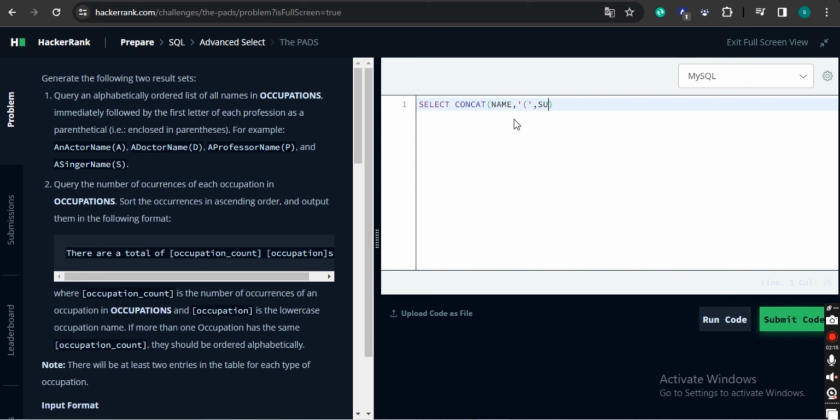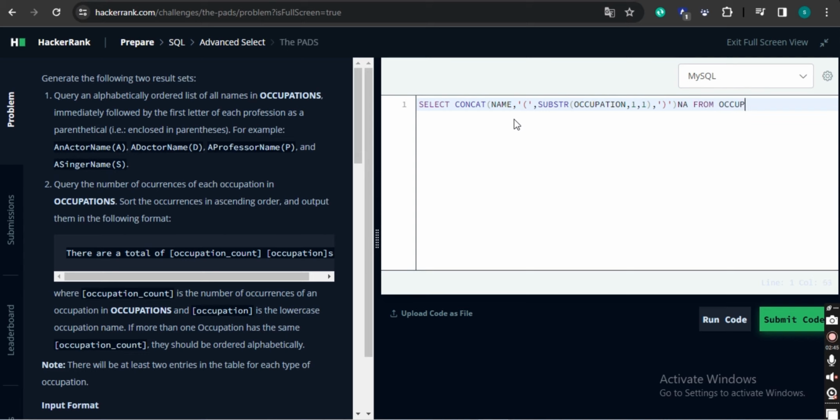So for this we will use substring of occupation. We want first letter of one length, then comma, then we will close the parenthesis, and we will use this string as NA